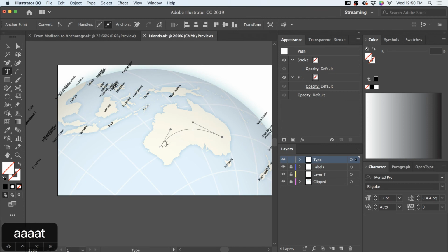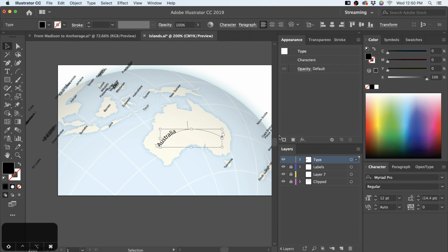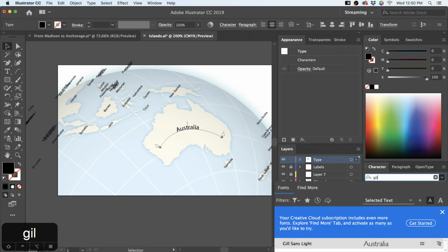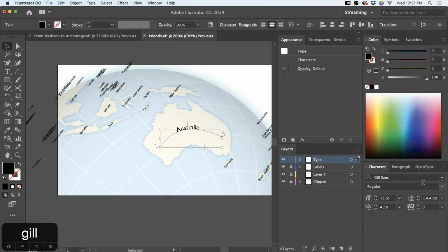So let's do Australia. I'm going to quick center that with Command-Shift-C and pick a better typeface, like Gill Sans. I just upgraded Illustrator, so every time I pick a tool, it's telling me about new exciting things Illustrator does in the latest version. So let's track that out a little bit.